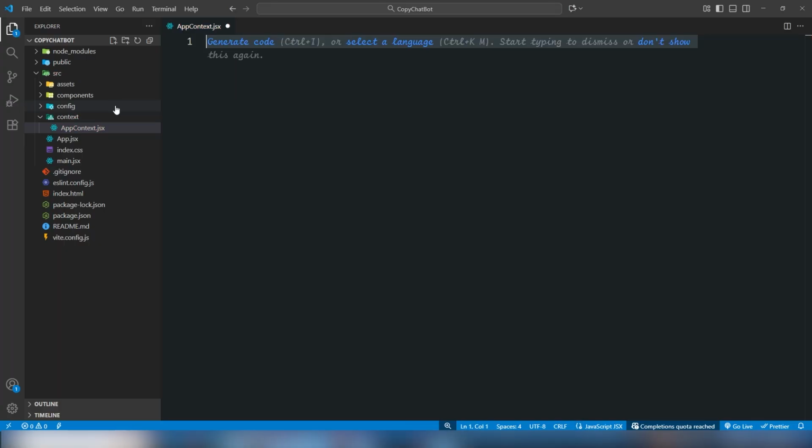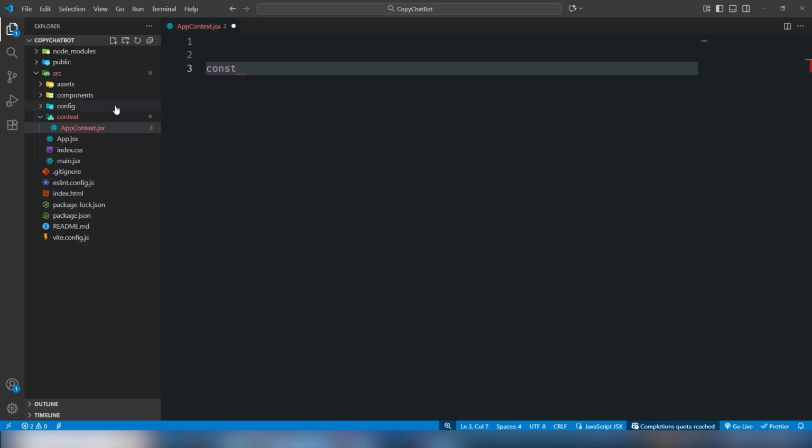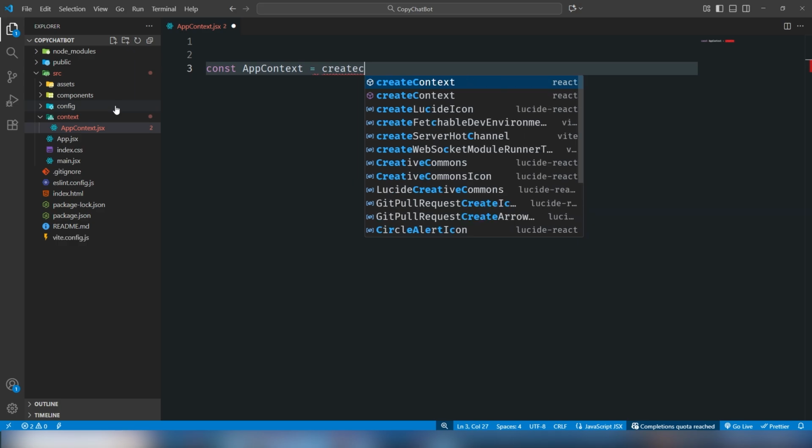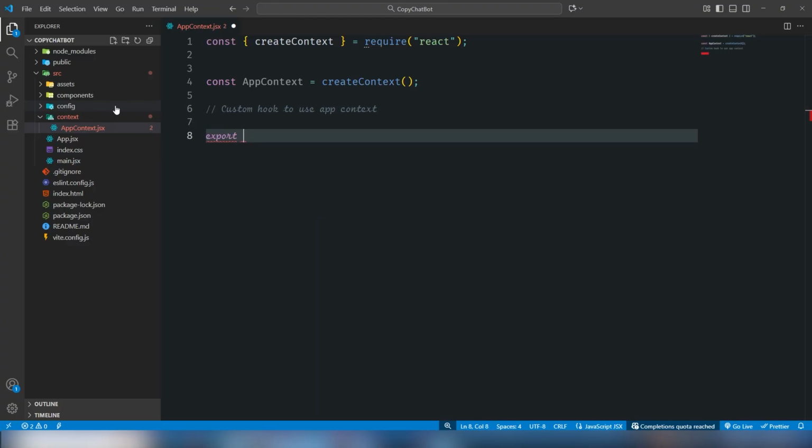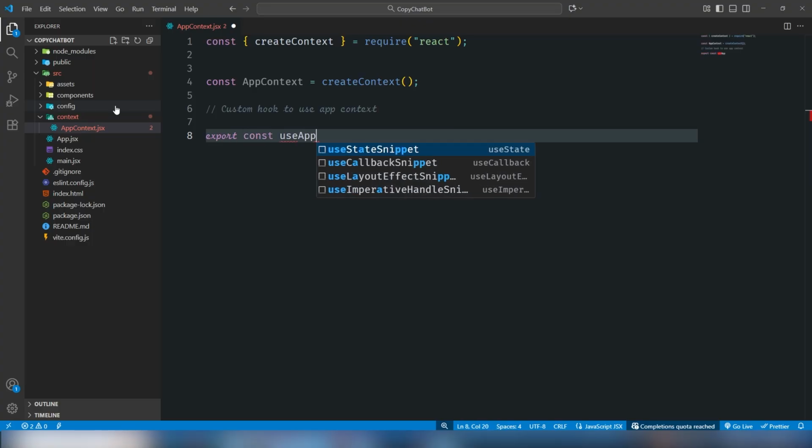The first thing I would say is const AppContext, create a context like this. Then I need to create a custom hook to use AppContext, like this. Write the export, create a function, use app